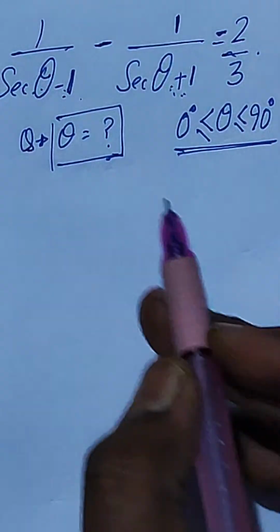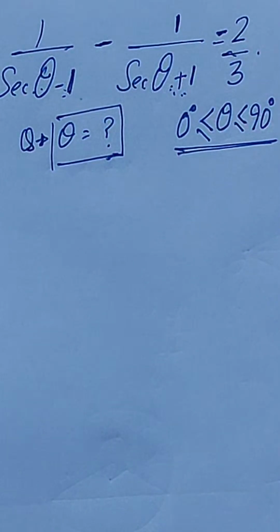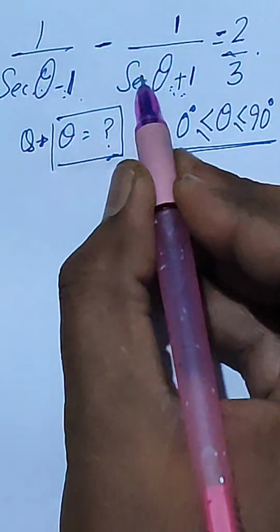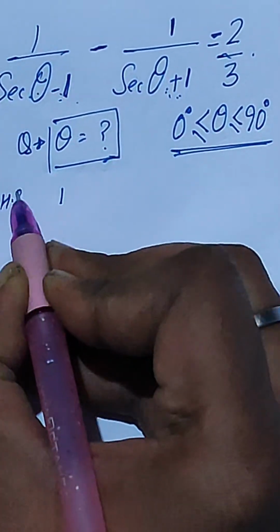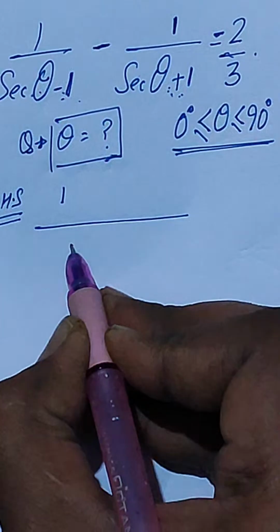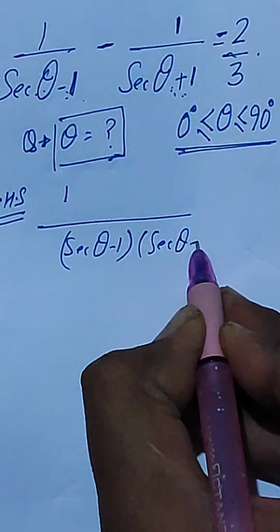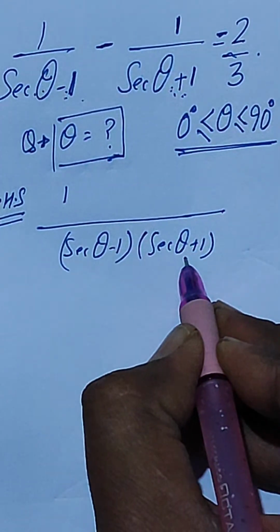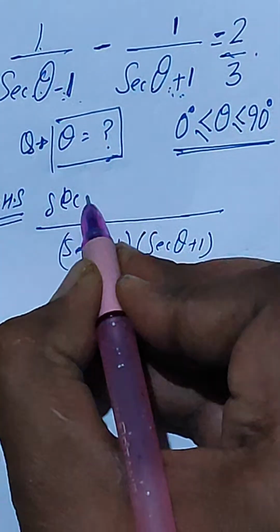So going on to the next question, which we have already taken up. This was the question: 1 by sec theta minus 1 minus 1 by sec theta plus 1 equal to 2 by 3, right? So we can simply take the LHS and solve it. In the LHS we have 1 by sec theta minus 1 and 1 by sec theta plus 1. Take the LCM: sec theta plus 1 will be multiplied into the denominator, and we have sec theta plus 1